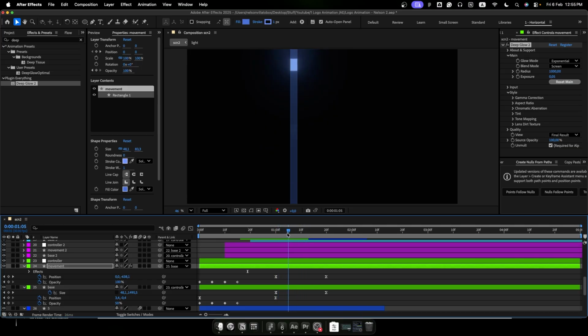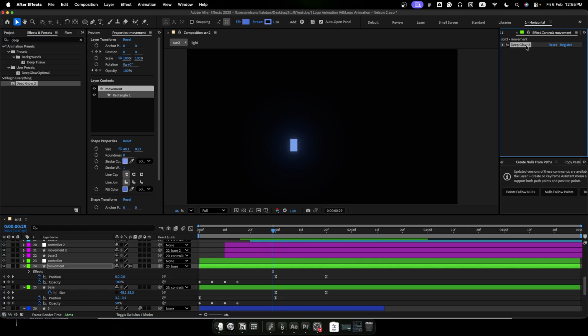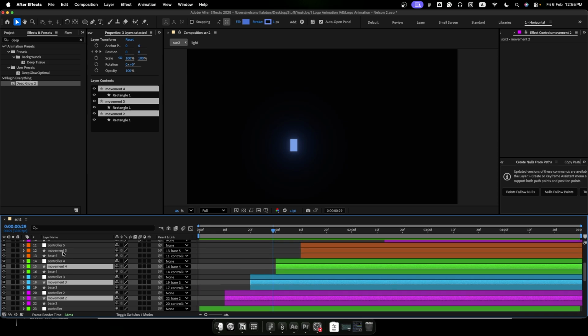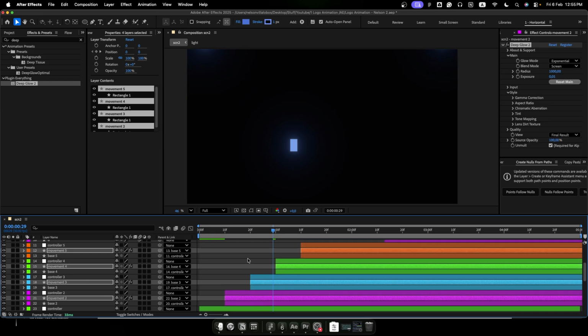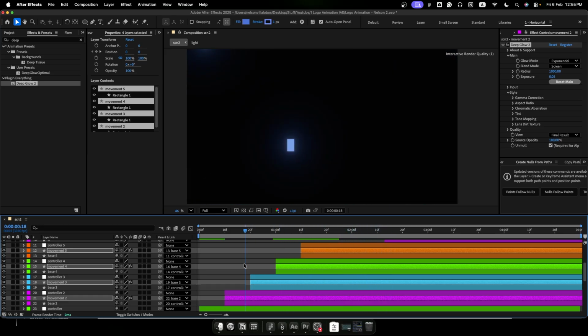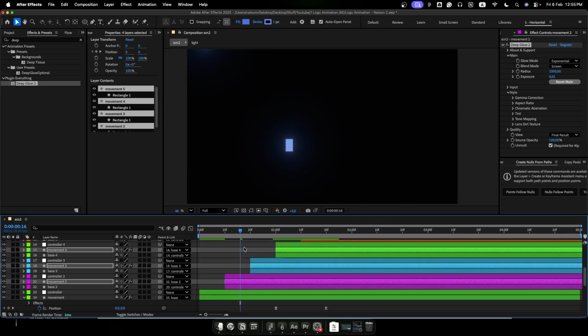So now let's just select the same Deep Glow effect and paste this into the other movement layers. While pressing Command or Control on Windows and clicking the layers, you can select all of them individually. And that's looking good. And now let's do the same for the base layer. Well, actually, it's going to be a little bit different, but